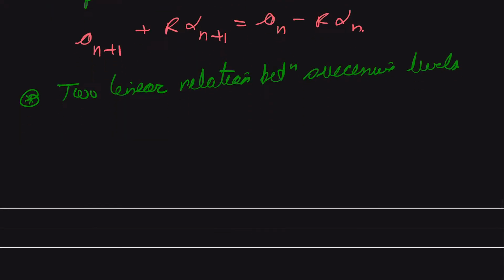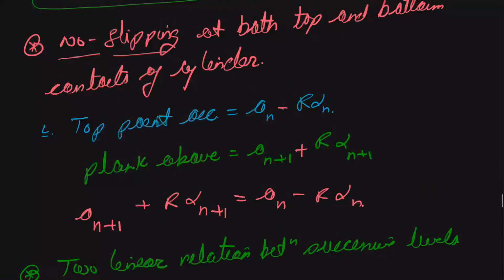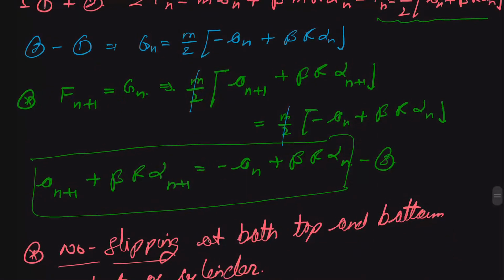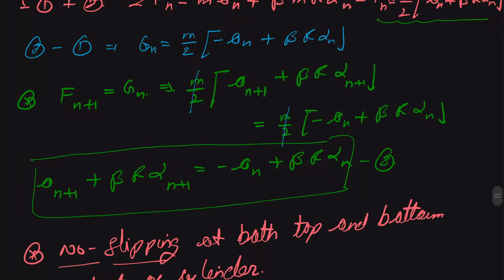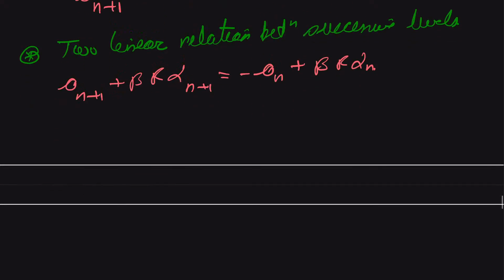And therefore we can write that a n plus 1, and from equation number 3 we can write a n plus 1 beta r alpha n plus 1 is equal to minus a of n plus beta r alpha of n, and